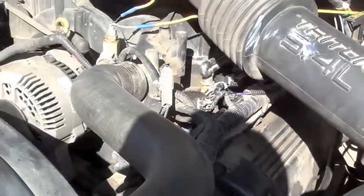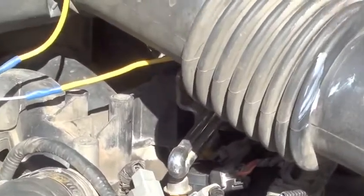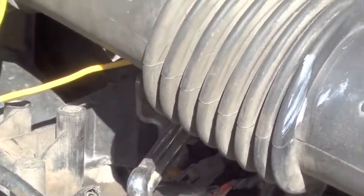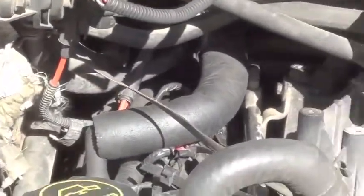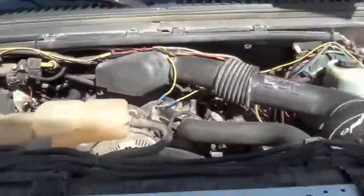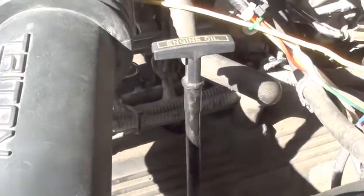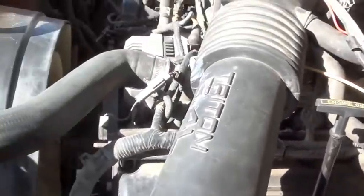I'm trying to find it here for the sake of the video. There, I think there it is. There's a shiny fuel rail right there, that shiny tube, goes all the way back. And then on this side here, there's another fuel rail. Goes all the way back, and it basically sits over top of them plugs and coils. And I didn't want to risk cracking that or causing any damage or leaking to that, so I went ahead